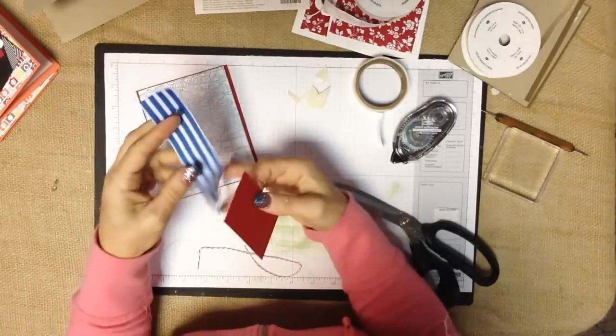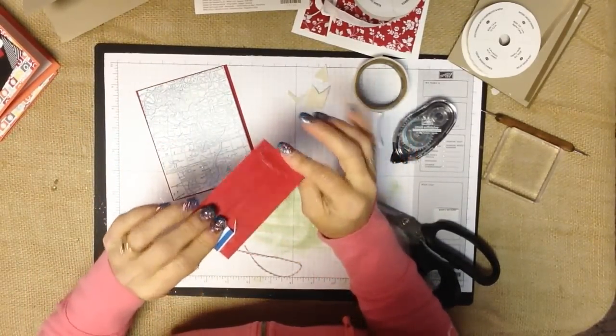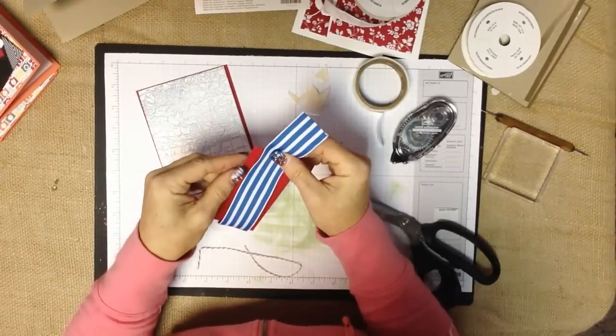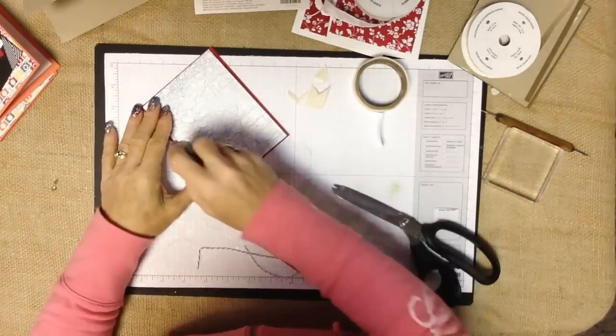And I have a length of our Pacific Point ribbon. And I'm going to fold that to the back. I have adhesive on here. And I don't want to stretch this tight. I want it to have a little bit of a give, because what I'm going to end up doing, and let's just go ahead